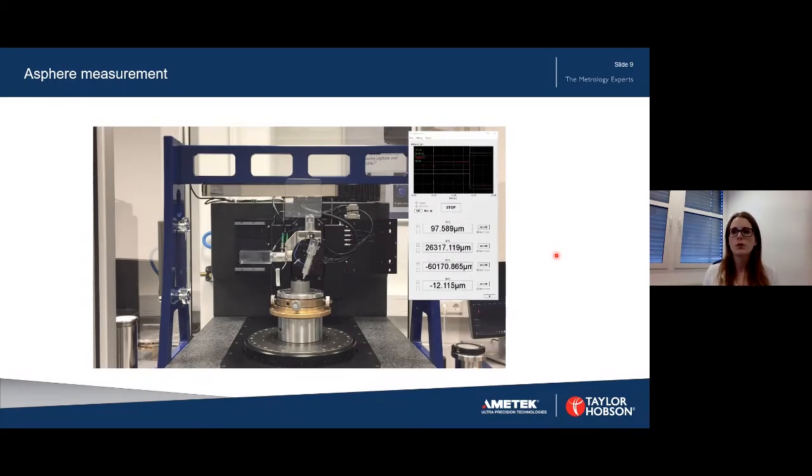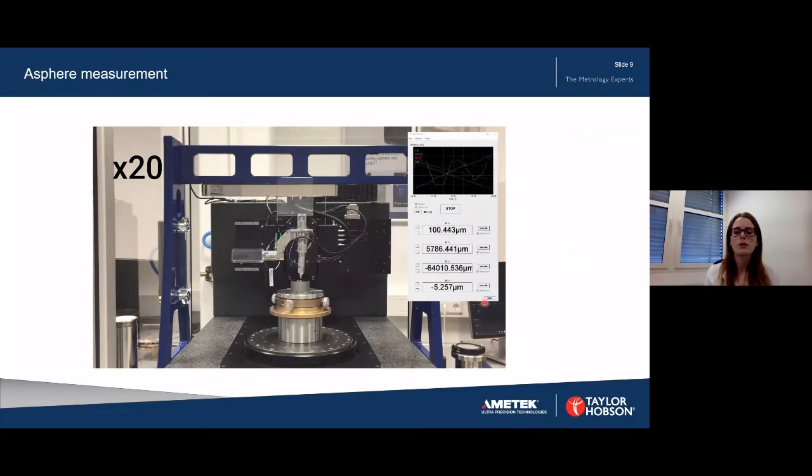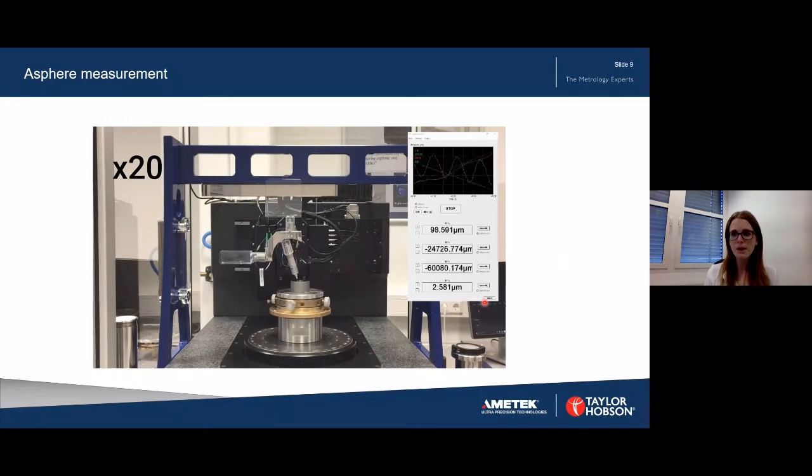Now that I'm at a starting position, the rotation starts. The software starts to acquire data. And I just sped it up because we don't want to wait 5 minutes looking at my part spin. So now I'm doing the full surface. You see, there's no problem with the point of inflection. The probe just follows the design while rotating. And after the measurement is finished,